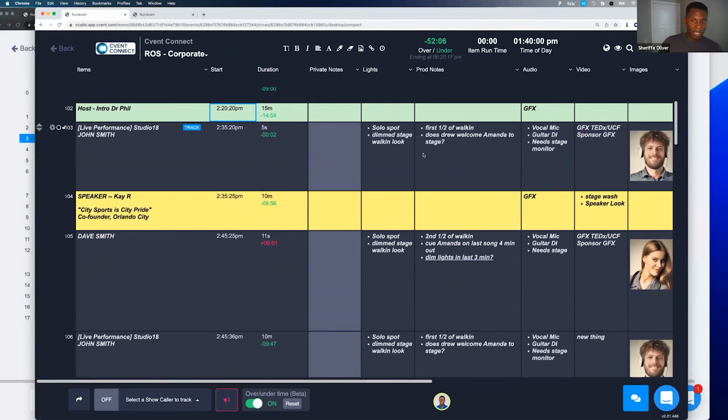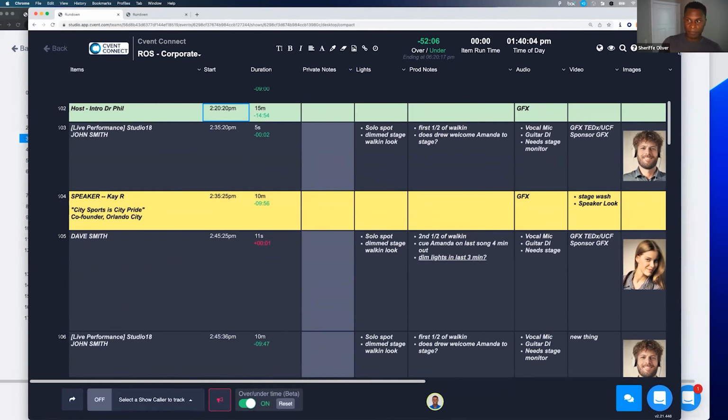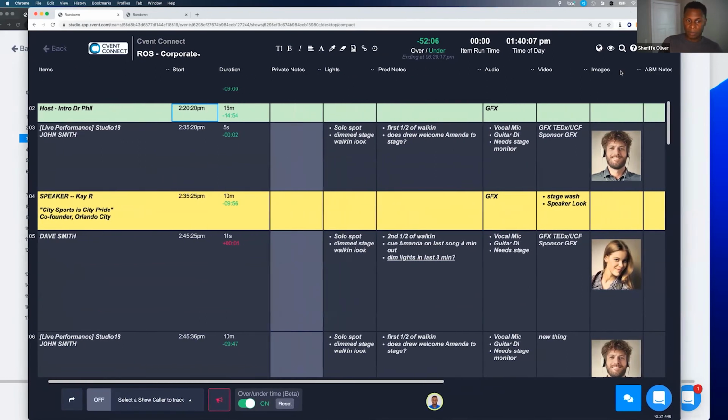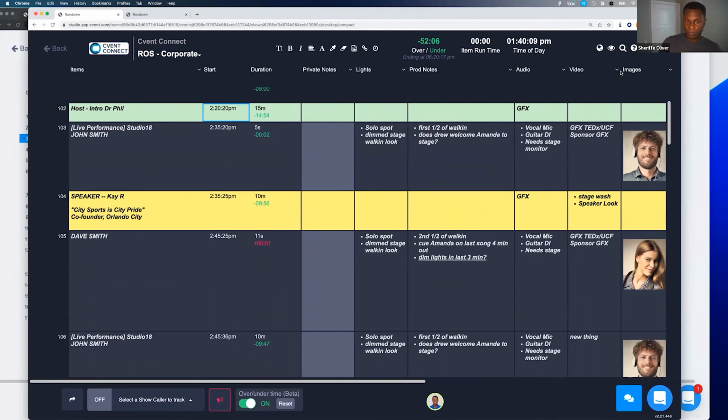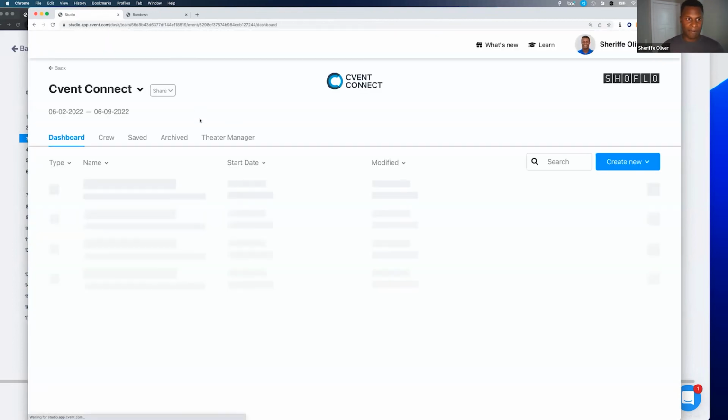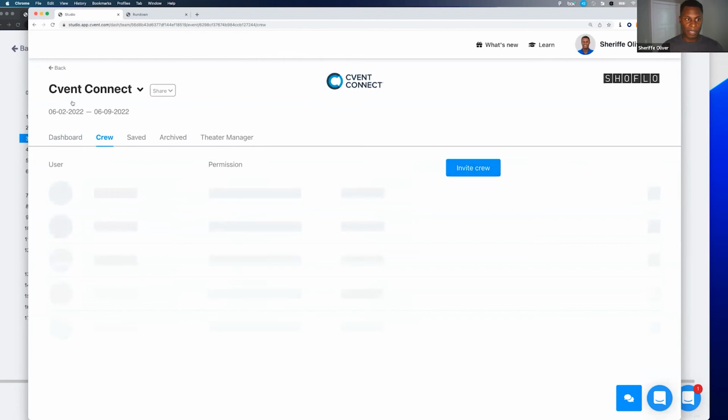Okay, so let's move on to prompter, unless there are any questions, Brian, regarding guest pass. The question came in from Ray. Each crew member requires a license. So maybe just differentiate between guest pass versus inviting in event crew. Sure, thanks. So like I mentioned, all of those permission levels, they take up a seat. The read-only, contributor, admin, and show caller. If you invite them in by clicking that invite button on the crew tab, then yes, they take up a